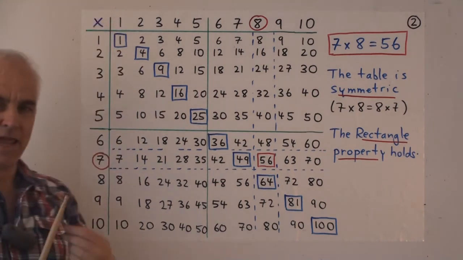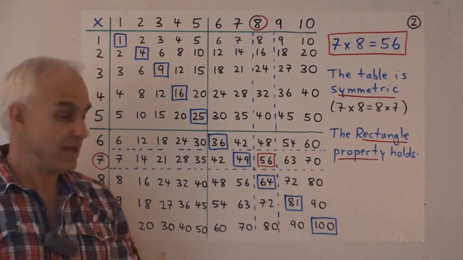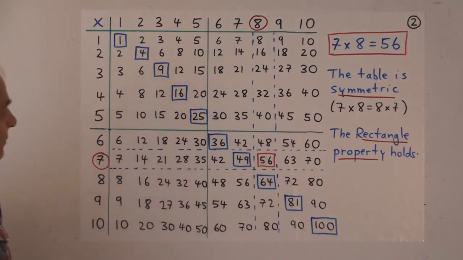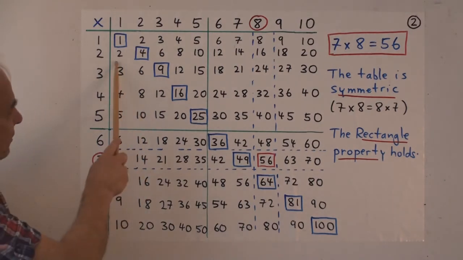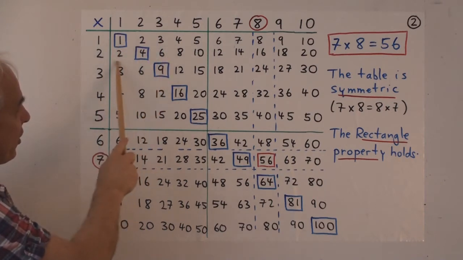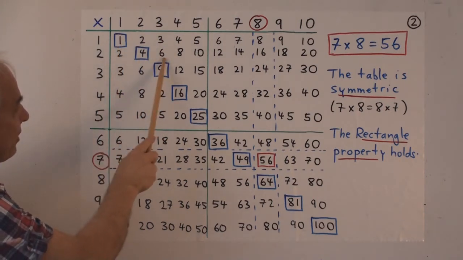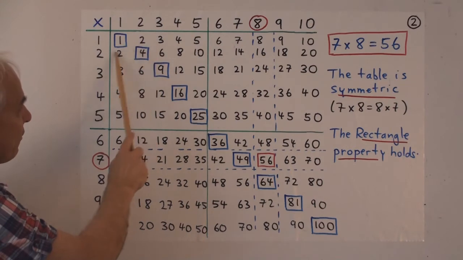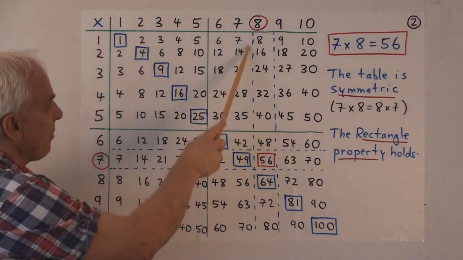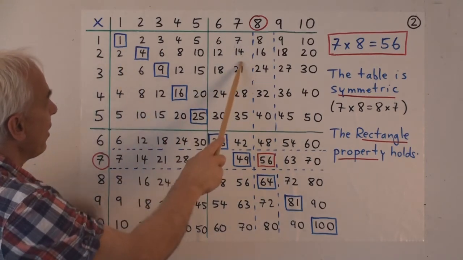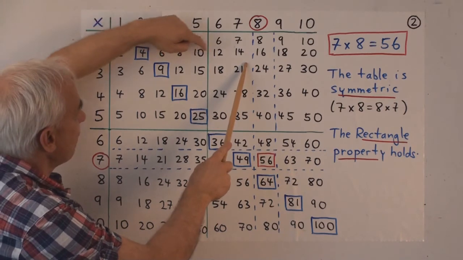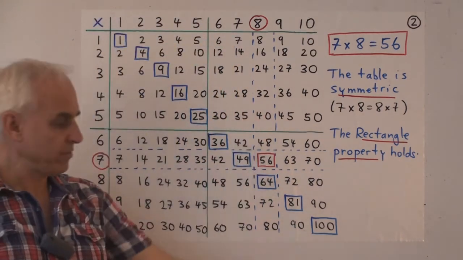That's another way of thinking about what this 56 actually means. It's actually referring to something in the table itself. A little bit simpler to see for a smaller number. For example, this 6 here represents the number of cells in this little rectangle with corner 6. 1, 2, 3, 4, 5, 6. This 14 represents the number of cells in this rectangle here. 1, 2, 3, 4, 5, 6, 7, 8, 9, 10, 11, 12, 13, 14, and so on.